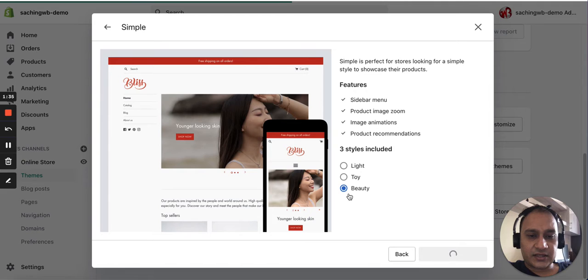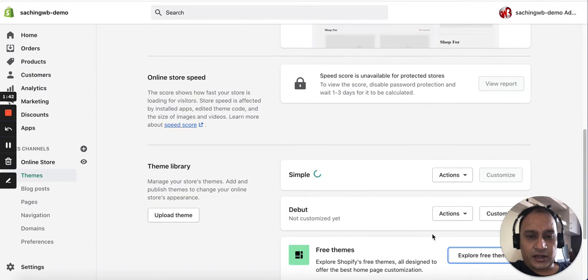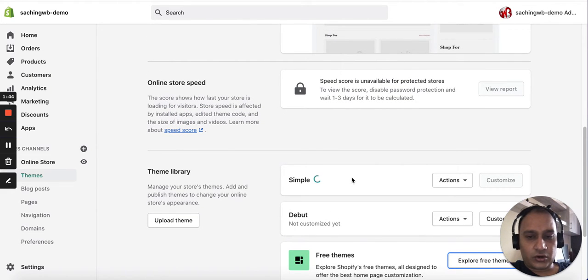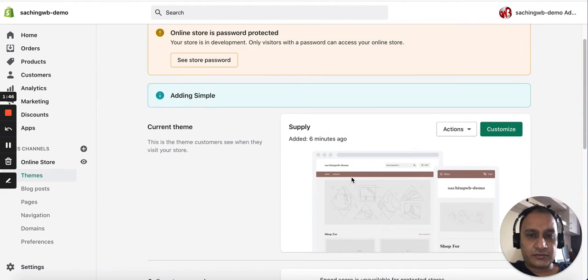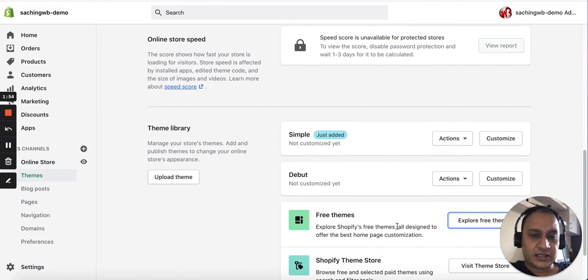Once you select the theme style, it will be installed on your store, and rest assured, it will not break your front end because the live theme is already up here, and any new theme which you add will come here in this list. All the themes coming here are in preview mode, so you can play around with the theme, and once you feel comfortable, only then you can publish it here.